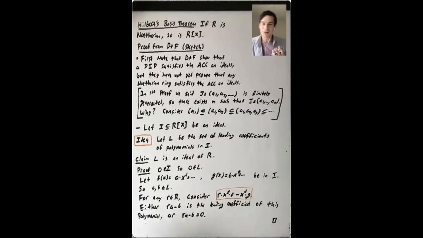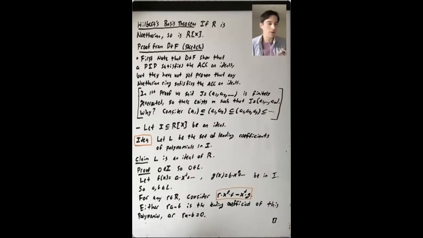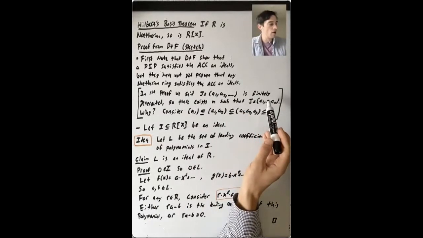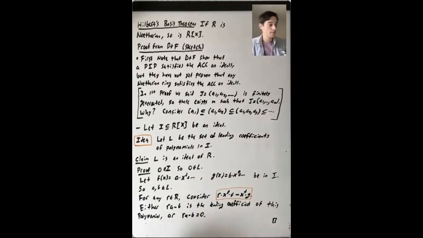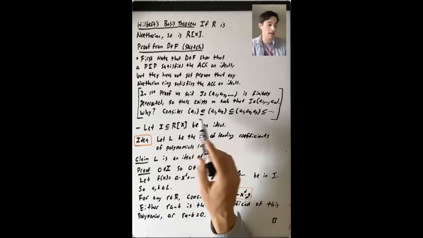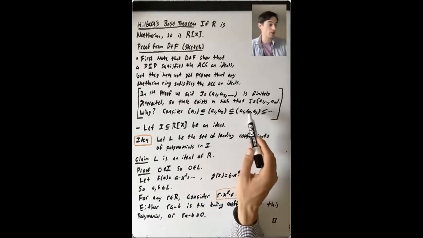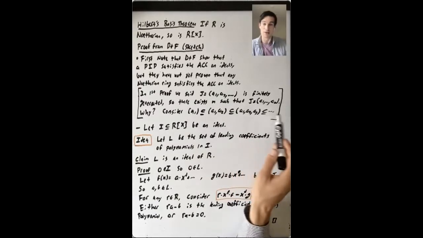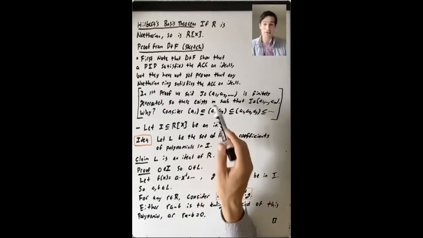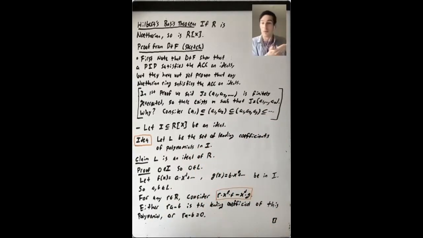In the first video, I didn't really talk about that in detail, but why is that actually true? I mean, we know that there's some finite generating set, but how do we know that we can take that finite generating set to be the first m a_i's that show up? Well, you can just consider this chain of ideals, each one contained in the next. The ideal generated by a1, the ideal generated by a1 and a2, the ideal generated by a1, a2, and a3, and so on. This ring is Noetherian, so this chain has to terminate at some point, right?